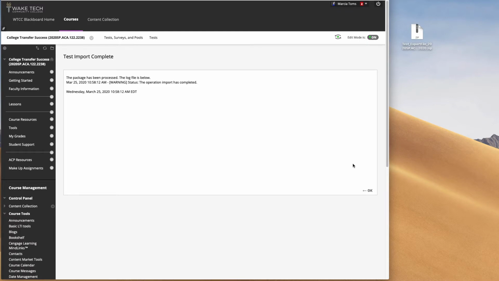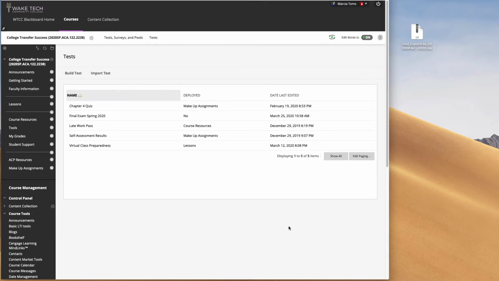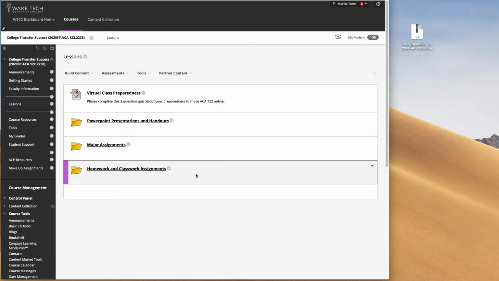Being processed, and we're done. So we're not quite done in terms of actually deploying it though. So the first thing we did just then was import it. And so it says right now that it's imported and it is not deployed anywhere. So in order to deploy it, I'm going to create